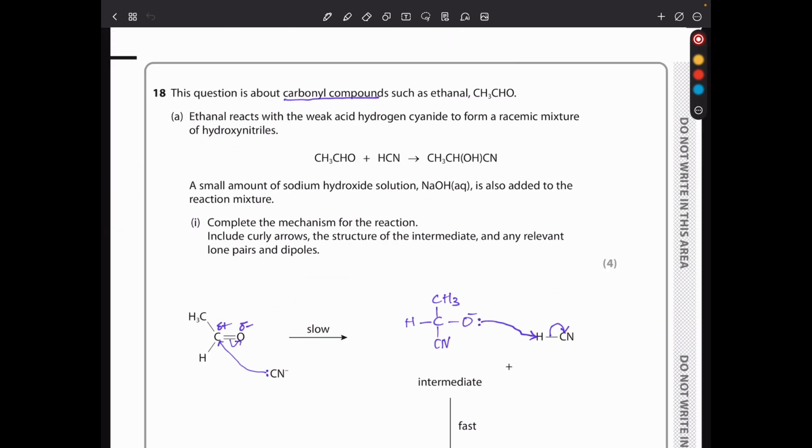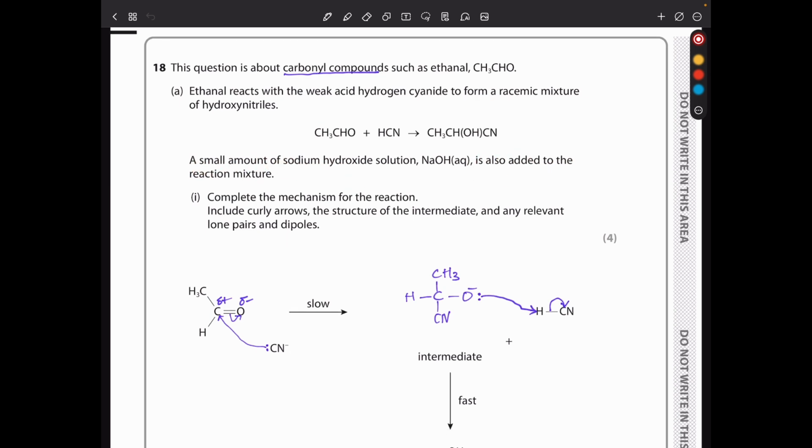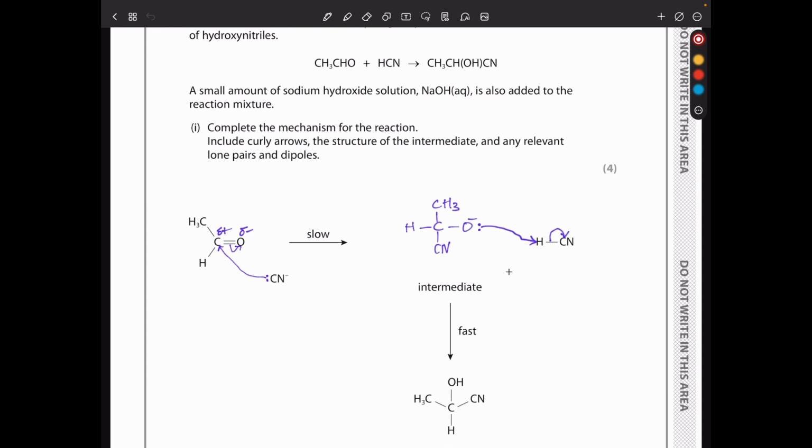In question 18, this question is about carbonyl compounds such as ethanal. Ethanal reacts with a weak acid, hydrogen cyanide, to form a racemic mixture of hydroxynitriles, as we see here. They say a small amount of sodium hydroxide solution is also added to the reaction mixture. Complete the mechanism for the reaction, include curly arrows, the structure of the intermediate, and any relevant lone pairs and